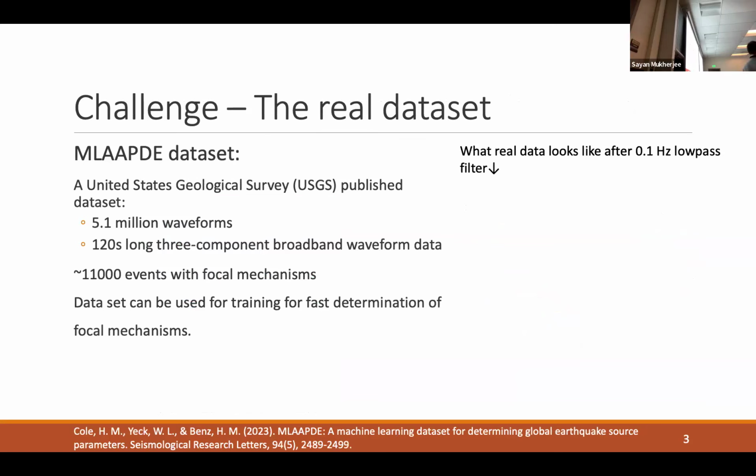To start with the problem, from the start of the work, I dove straight into a recently published waveform dataset that has a lot of waveforms. It also has around 11,000 events that come with moment tensor solutions, and it is a global dataset. So at first we thought, okay, we have a large dataset and a lot of waveforms, but with the limited labels of moment tensors, how should we construct a training dataset to figure out how to predict waveforms with source parameters? And this is what